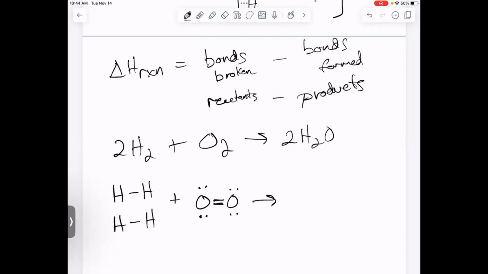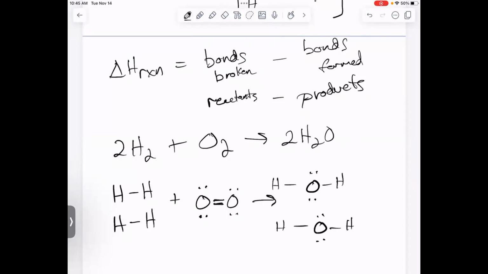And then on the product side, I'm making 2 waters. Lewis structure for water, if I was going through things: hydrogen can't be central, oxygen is. So each water has an oxygen with 2 hydrogens on it. Hydrogen can only make that single bond. If I'm looking at total number of electrons for H2O, each hydrogen is 1, oxygen 6, that's 8 total. So in my structure, if I have 2 bonds to hydrogens, it's 4 electrons, so 4 left for lone pairs. But if I have 2 of these,